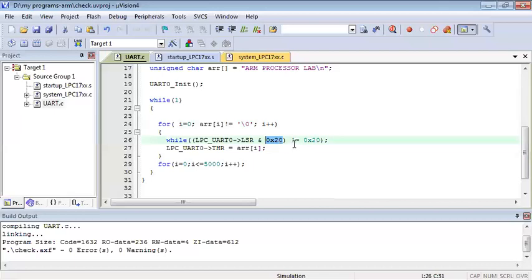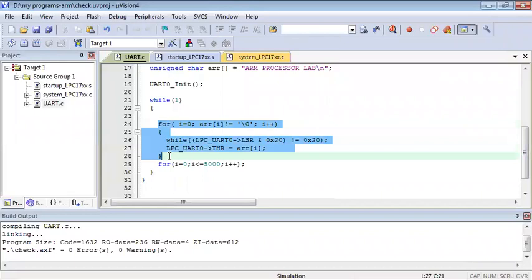So I'm going to check that with not equal to 20. It means if it is not equal to 20, then be here only. Keep being here. This is my while loop with the semicolon. Being here means I am waiting for THR to be empty. Till my register is not empty, I am going to be present here only. I can't go to the next step. I cannot send the next data. As soon as this is false, it will come out and start sending the next data. You put the byte and then send it. This for loop will run for the whole string.